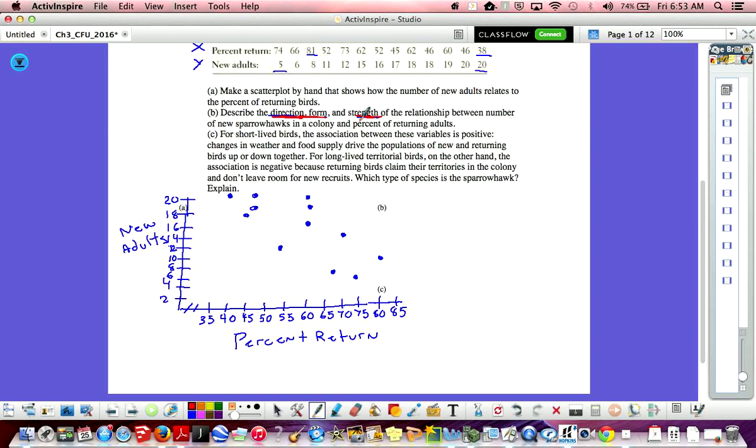If I take a look at the general pattern, it seems like as percent of return increases, the number of new sparrow hawks is going down. So we would say something to the extent of this. We have a fairly strong, and in this case negative, because it's going down, linear association